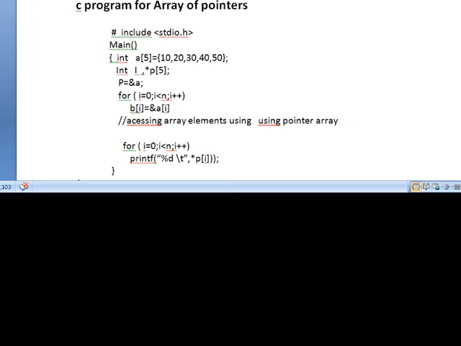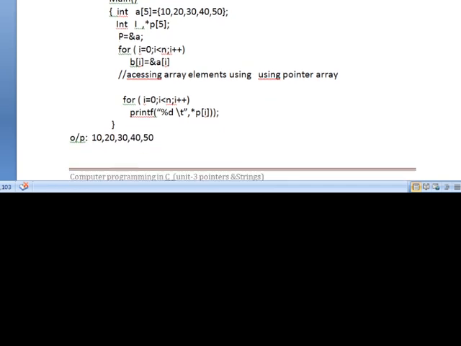This is the way we store the addresses of the array elements into the pointer array P. Now we have to access array elements using the pointer array P.